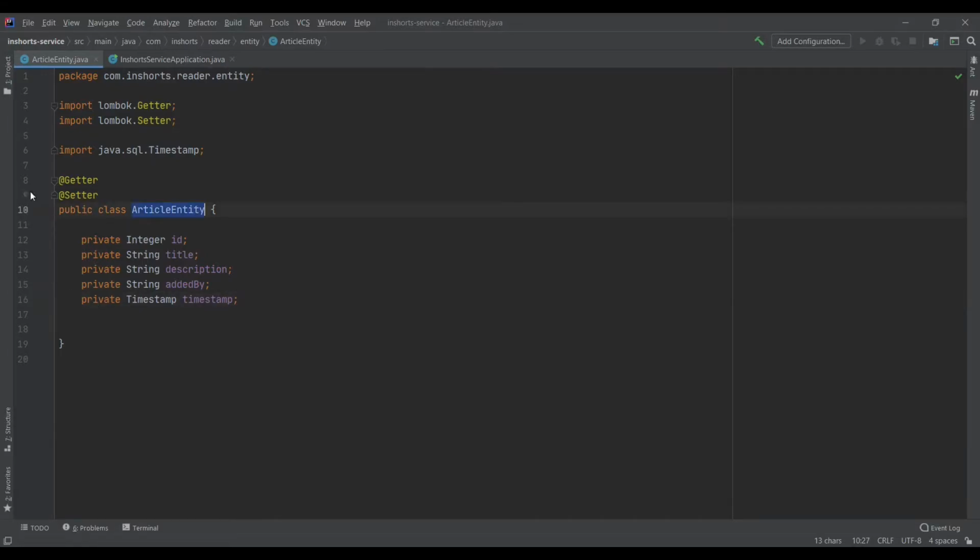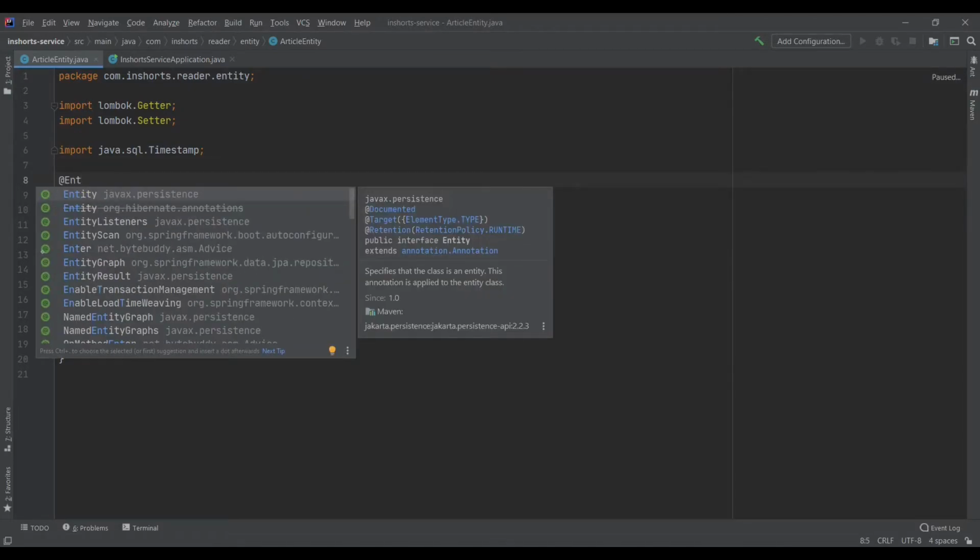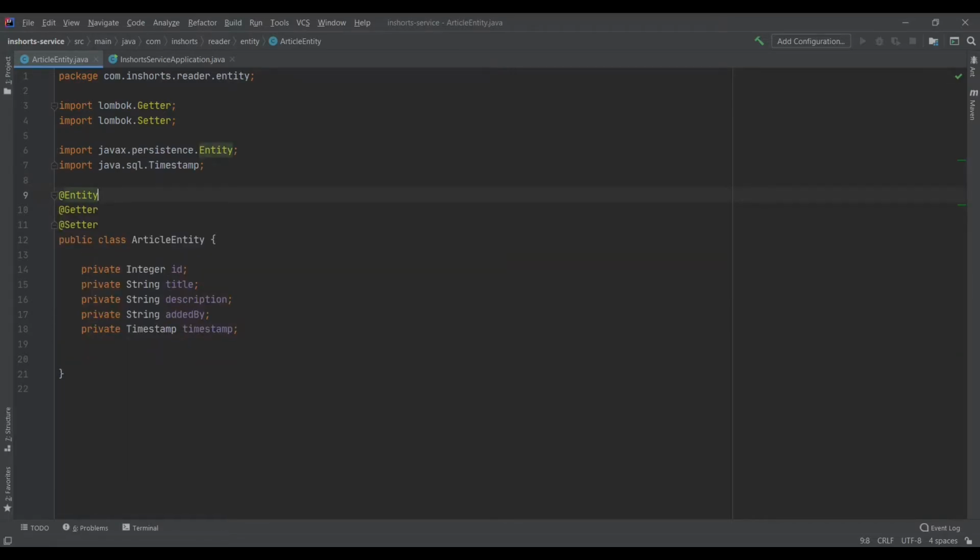Now we'll need to map this entity to our database. For this we'll be adding some annotations that will be helpful in our CRUD operations. One annotation is @Entity. This literally tells that this class is an entity and it should be mapped to a table in a database. Now how will SQL know which table this is related to?